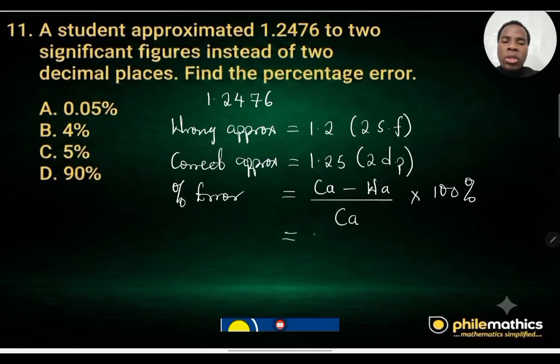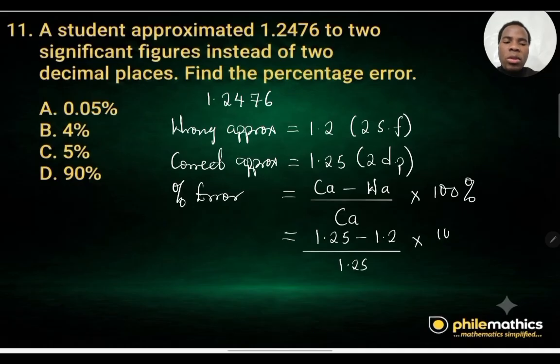The correct approximation is 1.25. The wrong approximation is 1.2. The correct approximation is 1.25 times 100. If we subtract, this will be 0.05